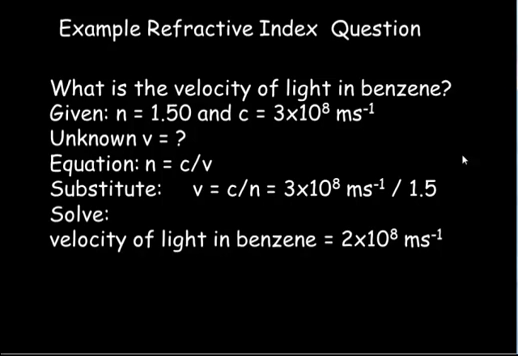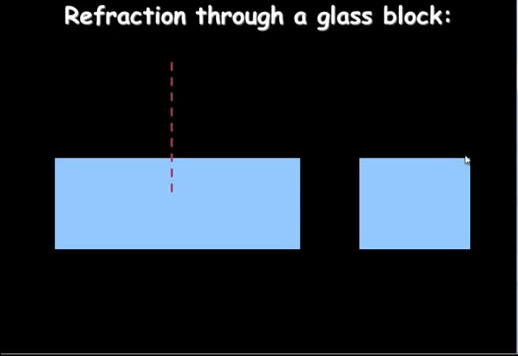So that's the idea that the speed of light is different in different mediums. So let's go back to the idea of refraction now. I'm going to join that idea up later on in this discussion. So if we think about light striking a glass block,